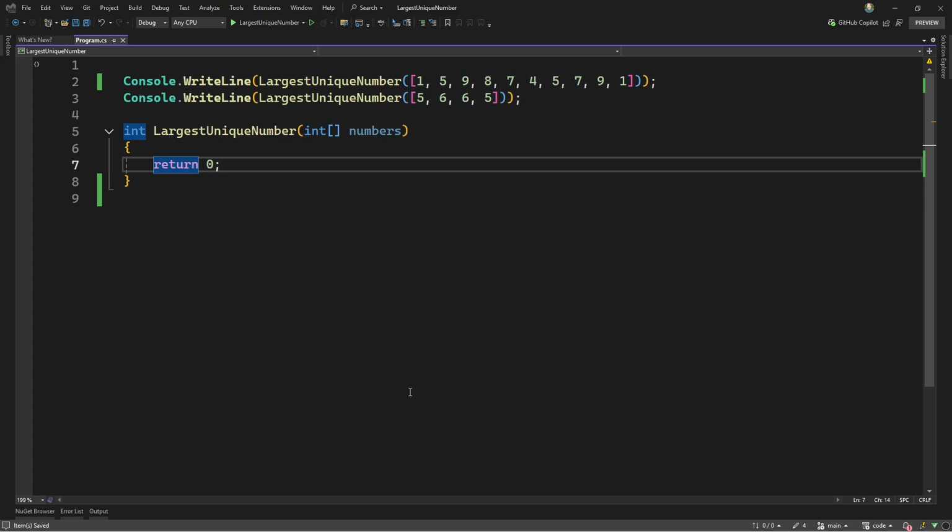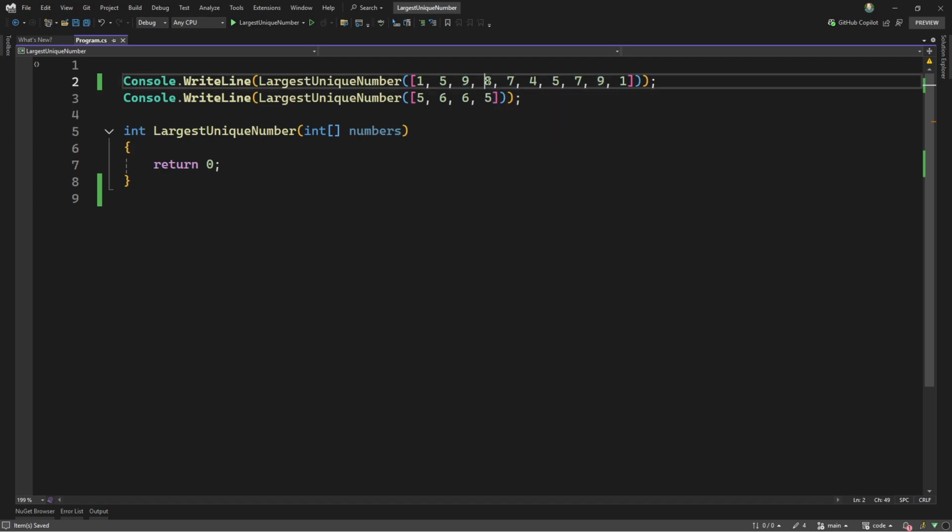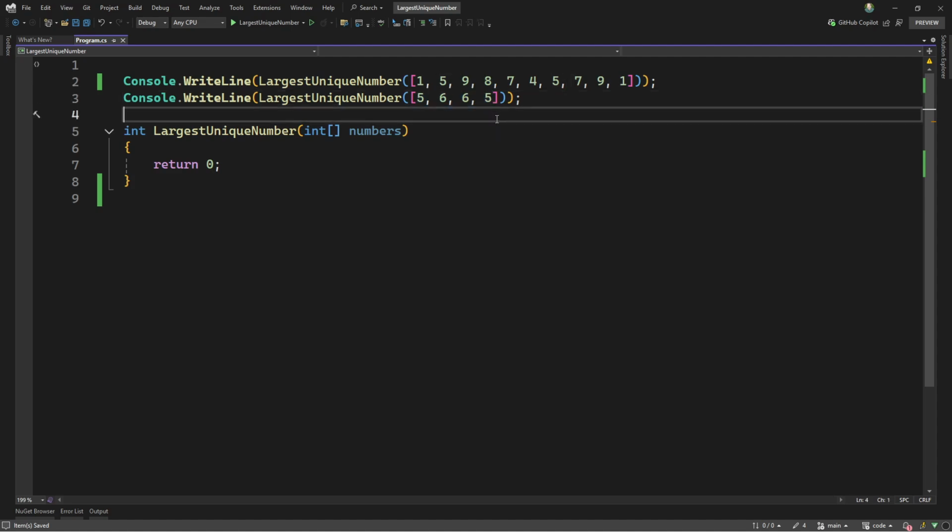In this video, I want to code with you an algorithm to calculate the largest unique number in an array of numbers. For example, in this first instance, I have 9, that is the highest number. However, 9 is duplicate, so in this case I should not consider it. 8 is the single element, the single number that is the largest, so in this case 8 is the solution of the problem. However, if there are only duplicate numbers, there are no unique numbers, I want to return -1,